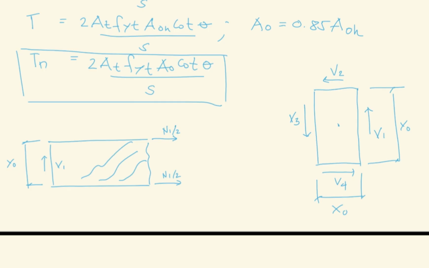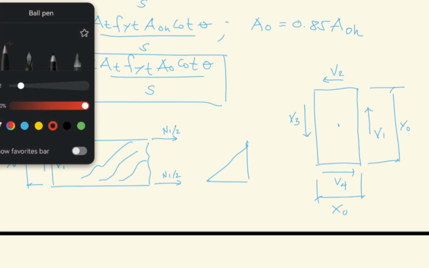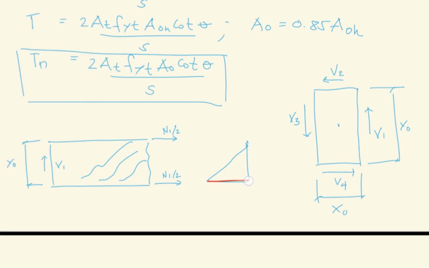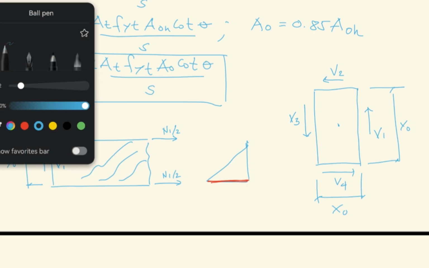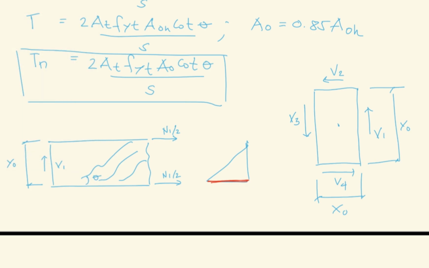And these axial forces in the longitudinal reinforcement should be resisted by this horizontal component. If this is theta, and this being V1,